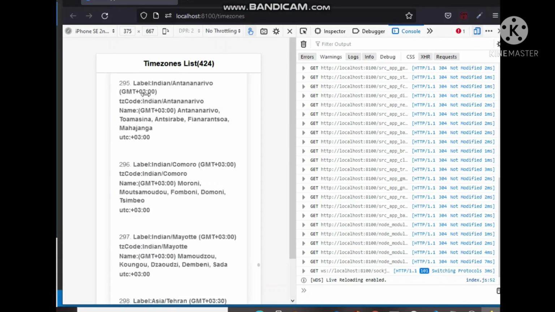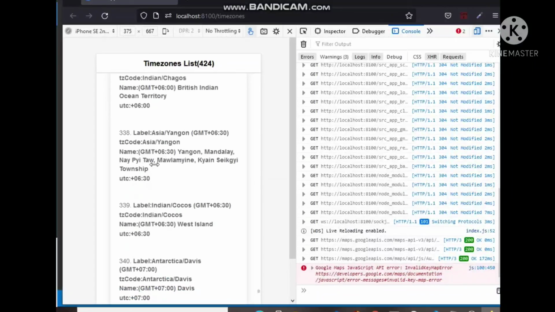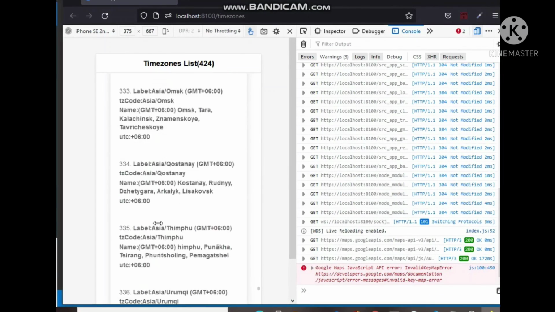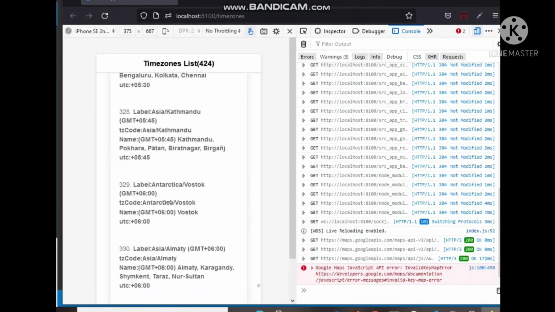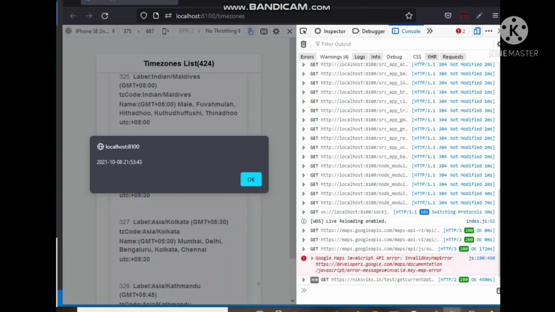As you can see, we have many time zones. Let's go to my time zone. So this is Asia Kolkata. Let's click here. So it returns the date time of this time zone, and all will work the same. You can click any time zone and you will get the particular date time.